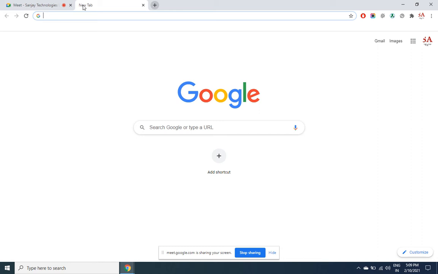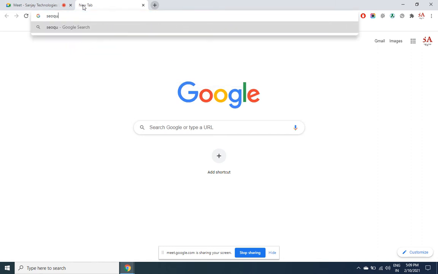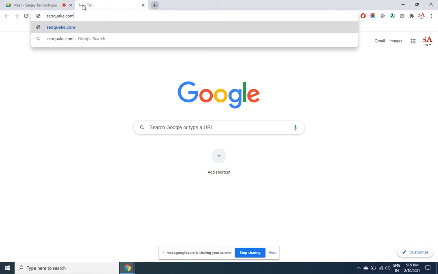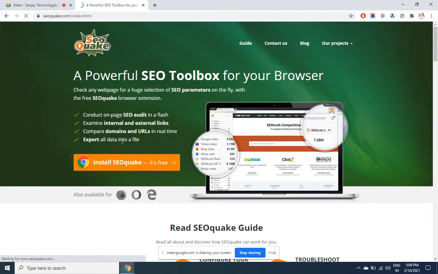You can download this toolbar for free if you visit seoquick.com. It will work in several browsers, not just in Chrome. Like this, we'll be able to install it for various browsers. Once the application is installed, you are going to get this small icon here.